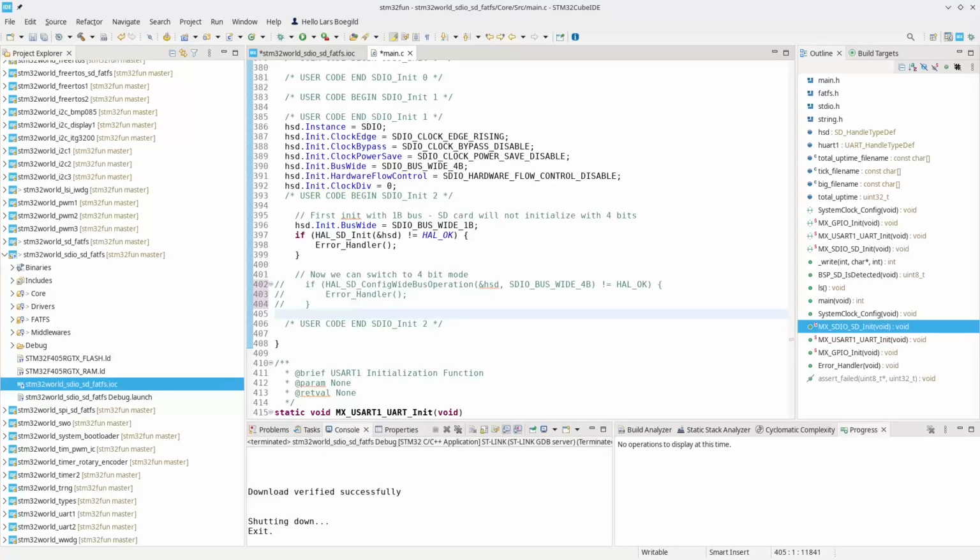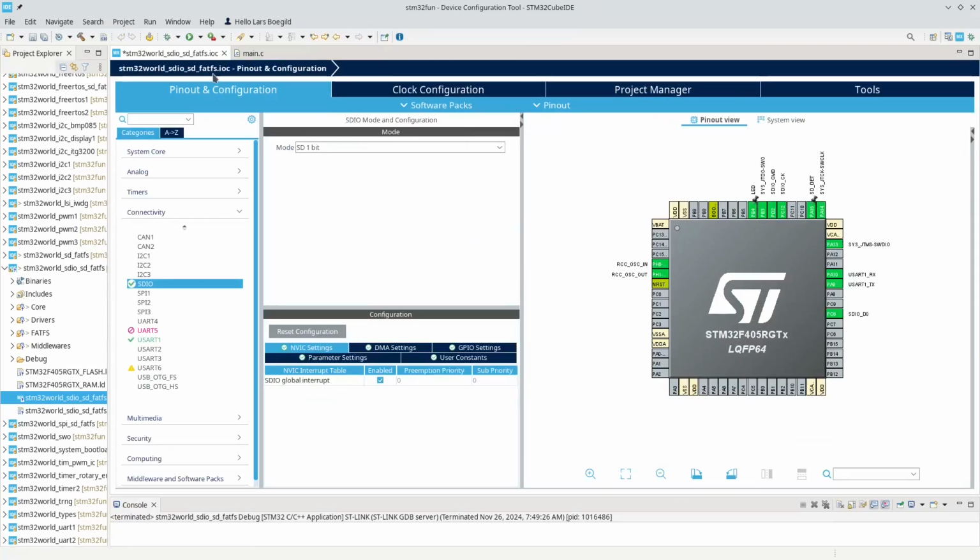Earlier in this video, there was a bit of confusion between 1-bit mode on SDIO and 4-bit mode on SDIO, and I managed to figure out what is going on. Now, you have to be clear about which mode you want to run in all the way. So if you go into STM32 CubeMX and set it to 1-bit mode, let's generate that code